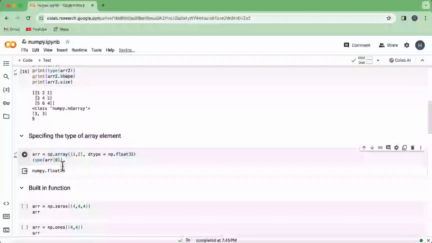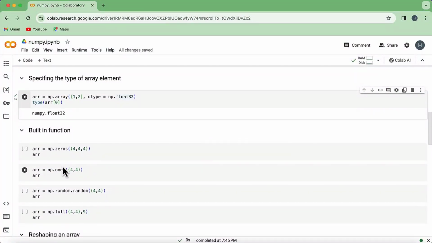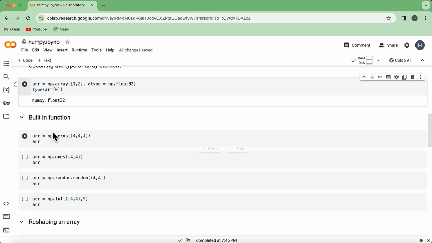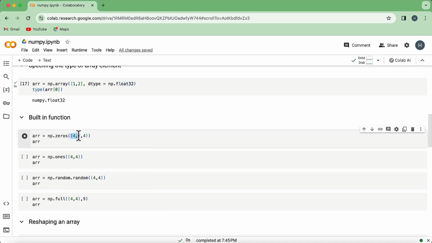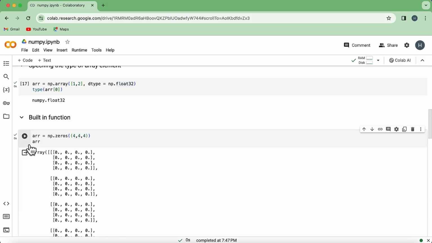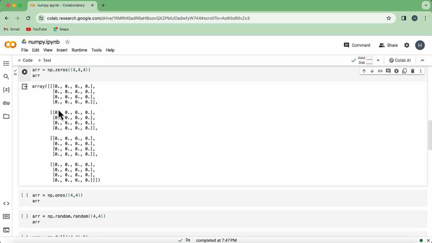And after creating these arrays, let's look at some built-in functions. So here in NumPy, if you want to create an array filled with 0, then you can use this np.zeros. Then inside these parentheses, you need to specify the shape of the array which you want to create. And after that, we are printing the array. So now here we are creating a 3-dimensional array. So let's run it. And there you can see the array, and each element of this array is filled with